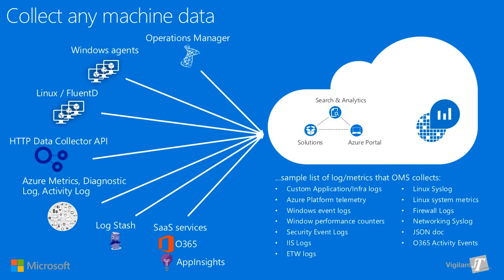Previously, there was less than half the amount of the collection endpoints available compared to what you see here on this slide. One of the new data collectors is the new HTTP Data Collector API, which we'll demonstrate for you very soon. It's a programmatic way to send data via PowerShell, Python, C#, etc. Data from anywhere that the scripts have access to. You can send that data in JSON format to OMS via the API, which ends up being a custom log